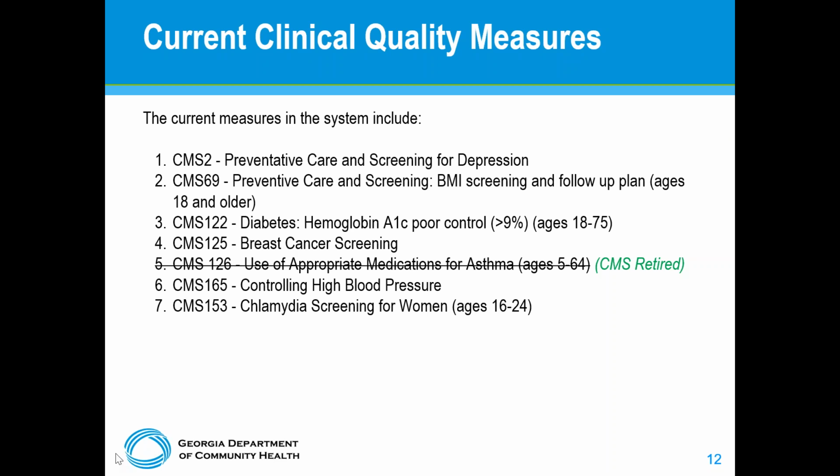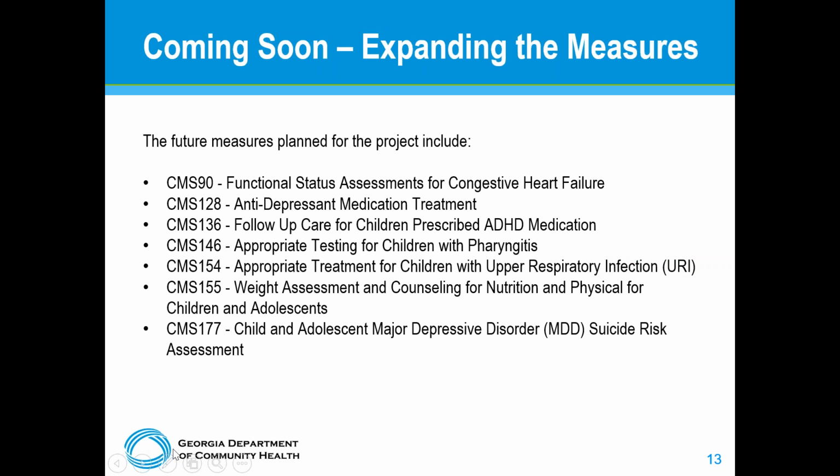We do have a project right now, an initiative where we're expanding the measures. For the next slide. And we're adding 7 measures: CMS 90, functional status assessments for congestive heart failure, CMS 128, antidepressant medication treatment. CMS 136, follow-up care for children prescribed ADHD medication. CMS 146, appropriate testing for children with pharyngitis. CMS 154,